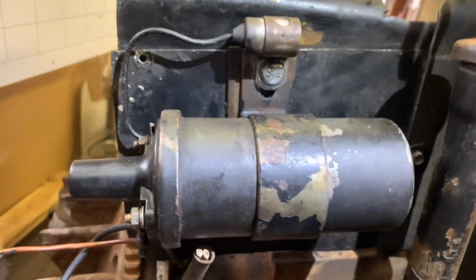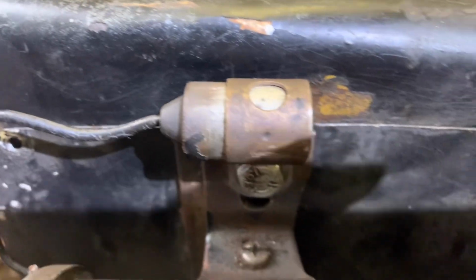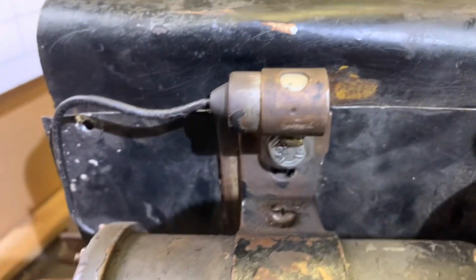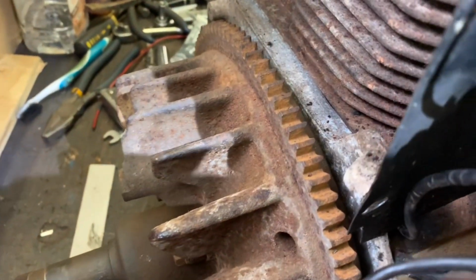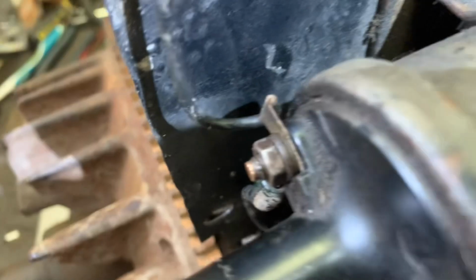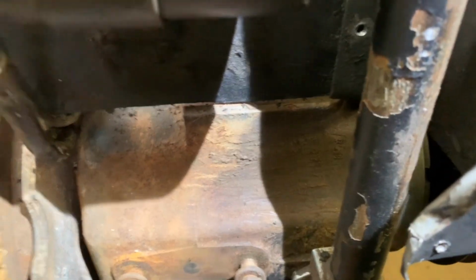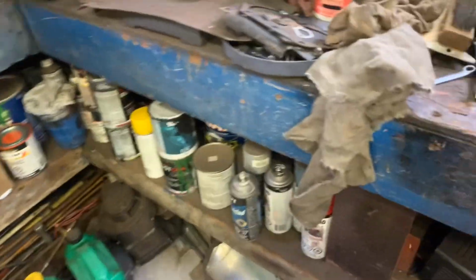So what am I at now? I got the condenser on. I shined her all up so we'd get a ground, and I've got the points wire hooked up to it. So what else did I do? Took a while to get this on. Well, and this in here, oh dear, sorry for the moving around, but anyway,